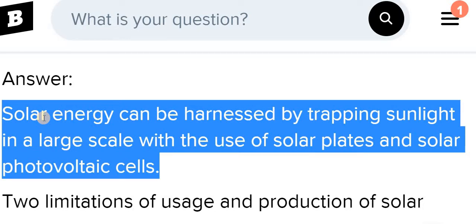then the chemical energy is converted into light energy. The photovoltaic cell is sensitive to light, so whenever light falls on a photovoltaic cell, it will be charged and store the energy, and whenever there is a requirement, at that time we can use it as light energy or other energy too.